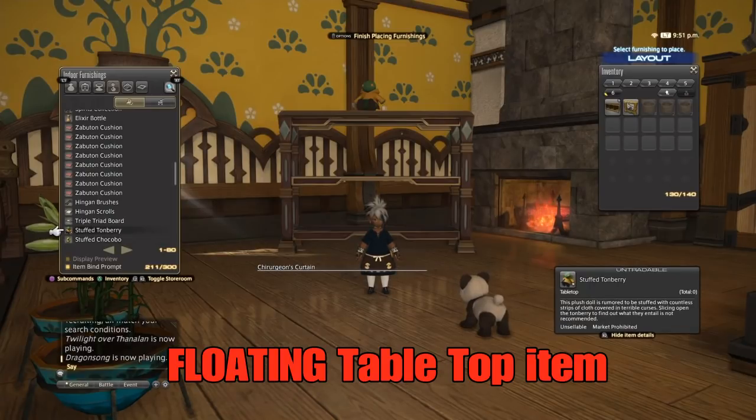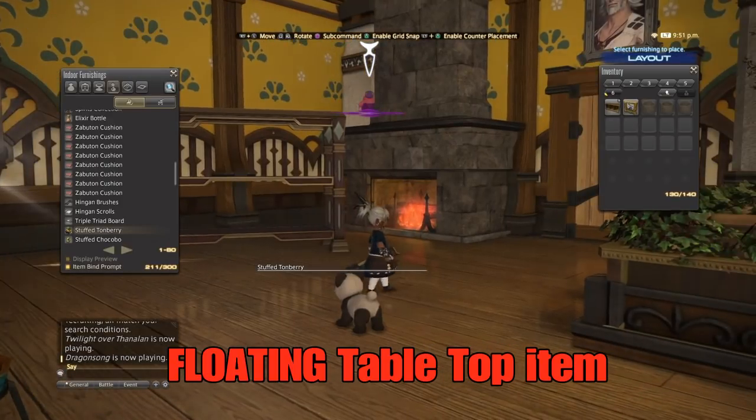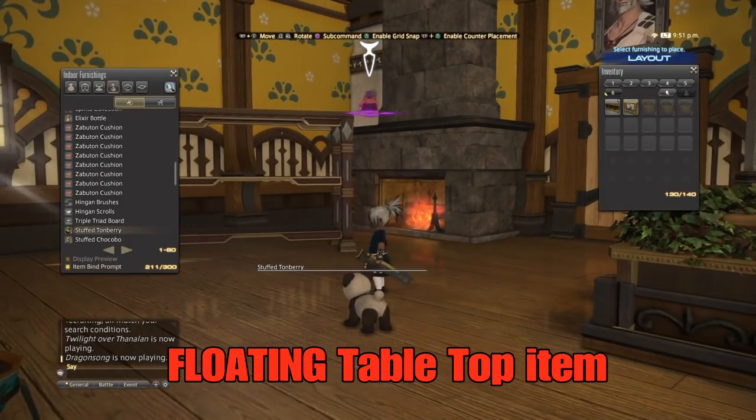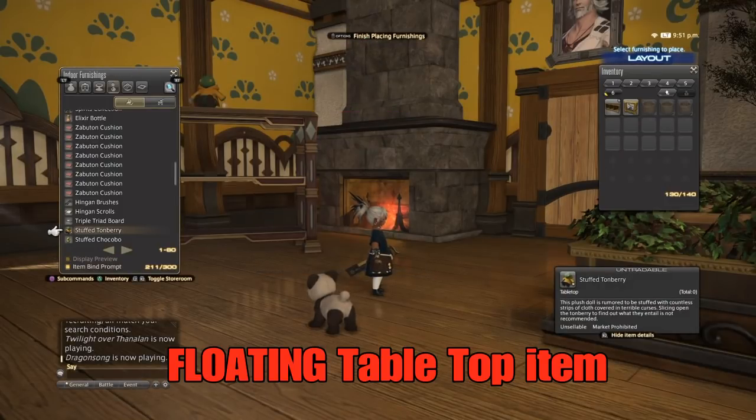Okay, you're going to click on the Tonberry. See, he now turns blue, and I'm going to hit the triangle to disable the grid snap, and then my L1 plus the triangle to disable the counter placement. Okay, once you do that, you click on the Tonberry again until he turns that pinkish purple, and you just move him off of that item, and then in my case I hit the circle and he snaps right back into place,